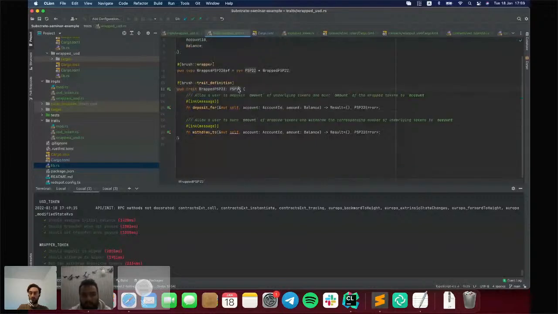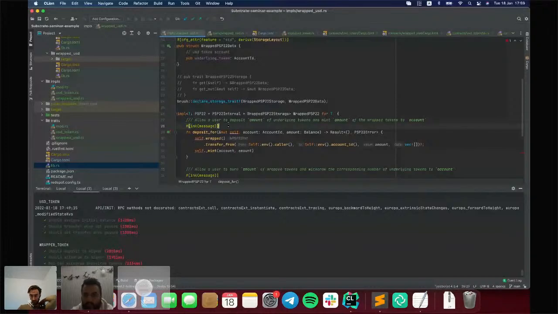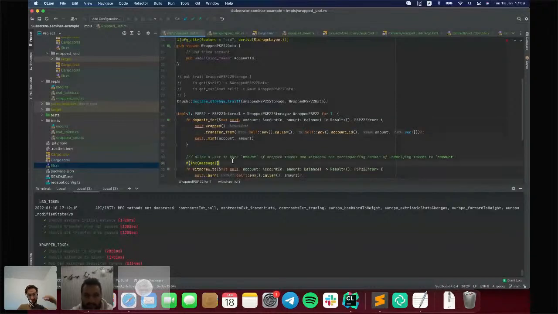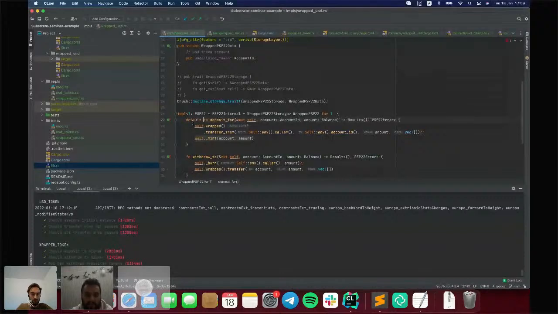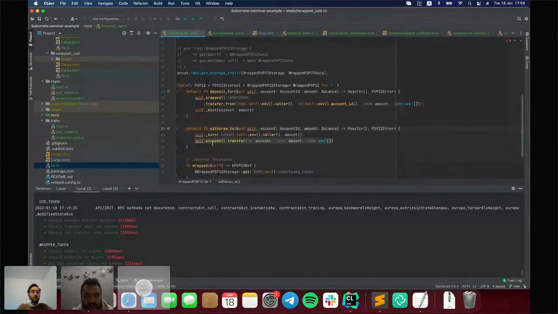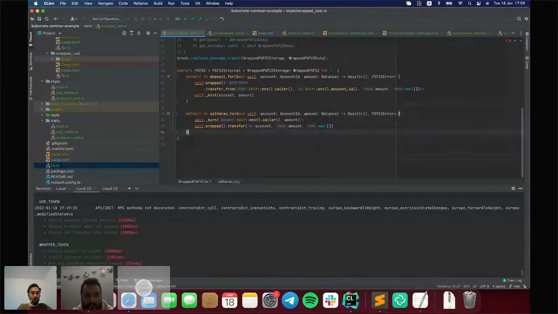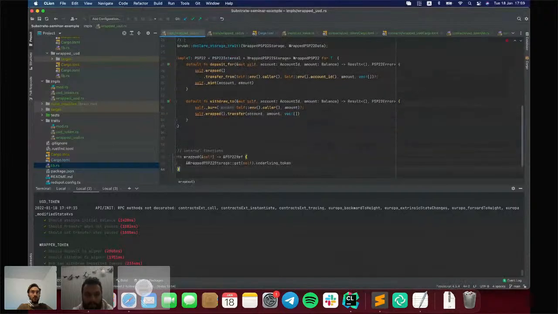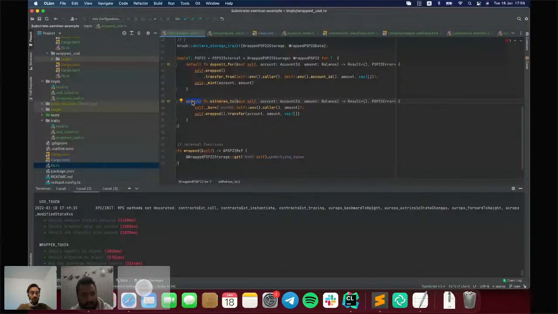Yeah, and now we need to mark that implementation as default. That means that you can overwrite that implementation if you want. If you don't override it, then the compiler will use that implementation by default.